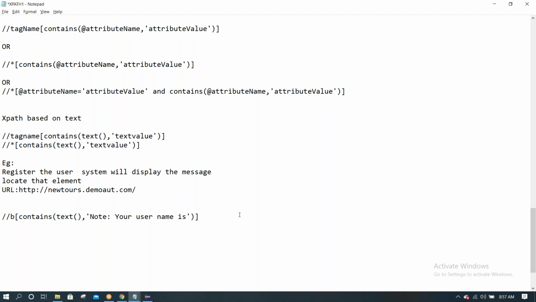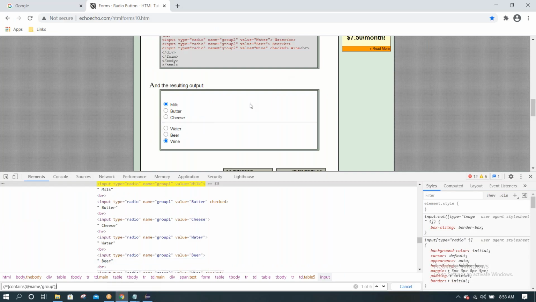Now the final one is very important: XPath based on text. We can write XPath based on text. Like, I want to locate this element.